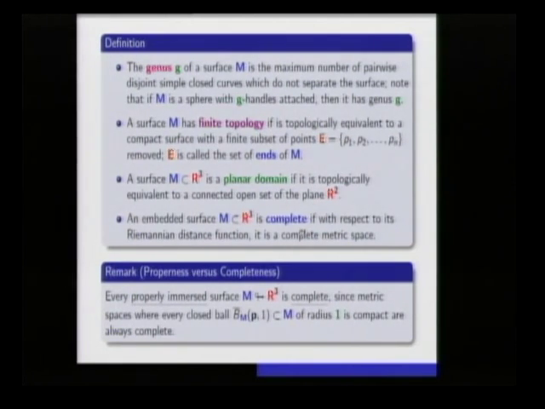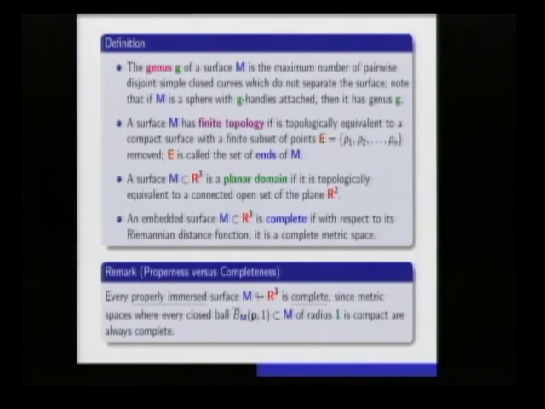Complete, of course, means complete with respect to our Riemannian distance function. So once we have a Riemannian surface, we have a distance function on it. If it's a complete surface, it just means that metric is a complete metric space structure on the surface. And it's related to geodesic completeness and other things which are useful for geometers. But it just means that the natural distance function on the surface is complete. And then we can relate these two. So if you have a properly immersed surface in R3, so this mapping is a proper mapping.